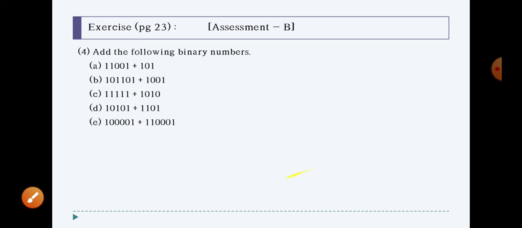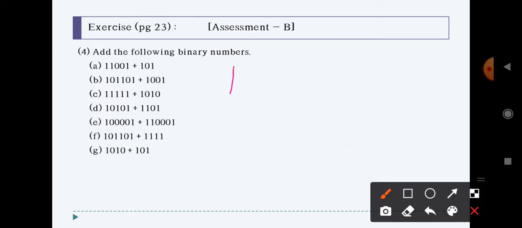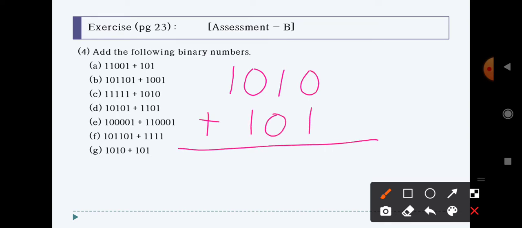Fine. After that we have this E portion. Again E portion, try it out by yourself. F portion also try it out by yourself. See the G portion, we have 1010, and you have to add on 101 to it. Okay, now let's see, it is a simple one actually. So we have 0 plus 1 equal to 1, then 1 plus 0 will be 1, 0 plus 1 will be 1, and 1, nothing is over here, so just drag this one downward. Then this is the solution of your binary number.